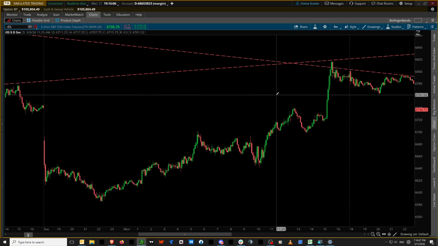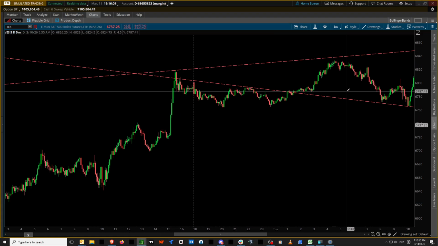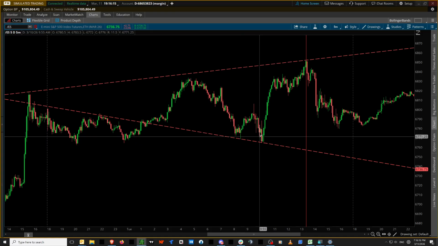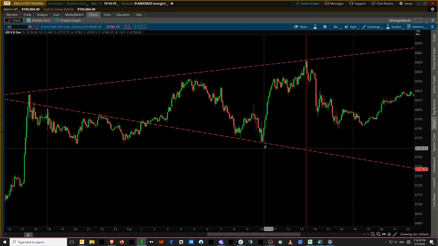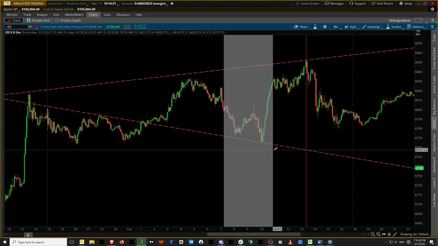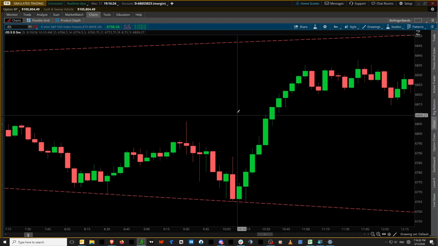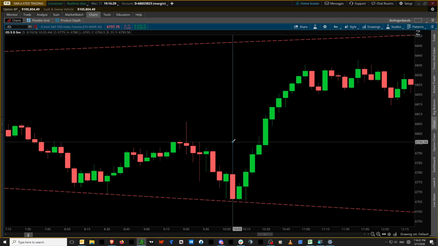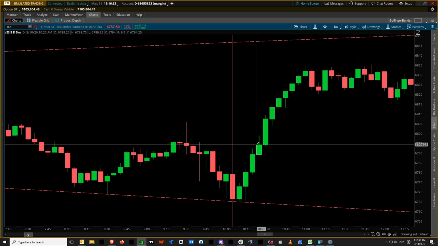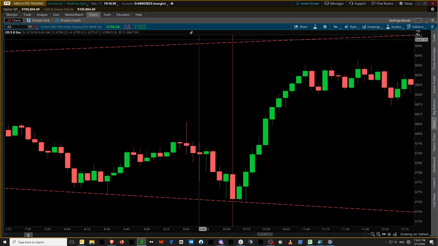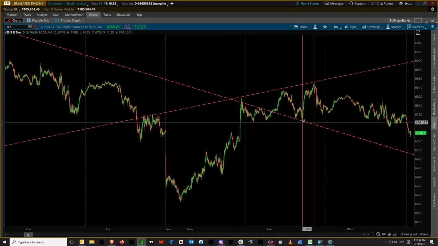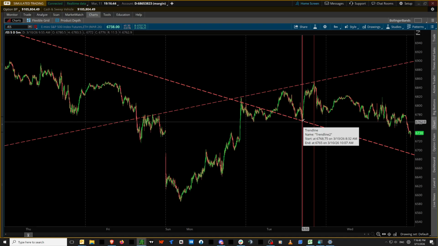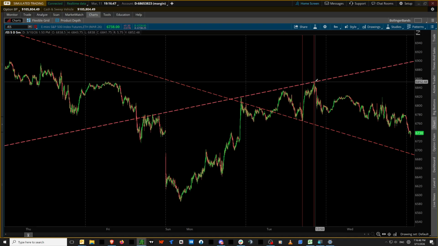All right. Now, those lower lows I drew were this one to this one. This is the lower one. So let me zoom in on this, and I'm going to put my vertical line on that lower low. Now, I want you to notice what's happened here. Let me zoom out. I have put a vertical line on my downward slope at the lowest low and on my upward slope at the highest high.